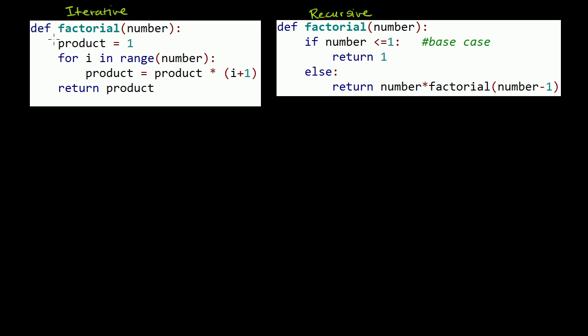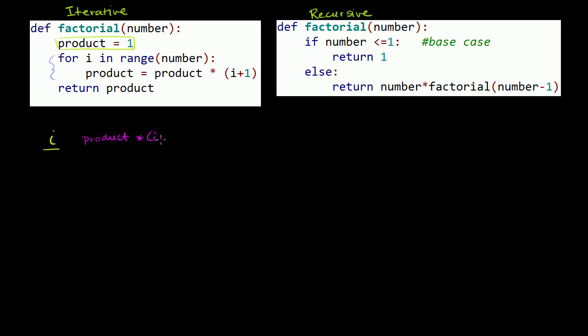So when we start off, we see that product is set to be equal to 1. And then we enter our for loop. And the for loop really is the meat of this iterative function definition. To understand what's happening in the for loop, let me make a little table here. So I'm going to make a table for the value of our variable I, and I'll also figure out what the value of product